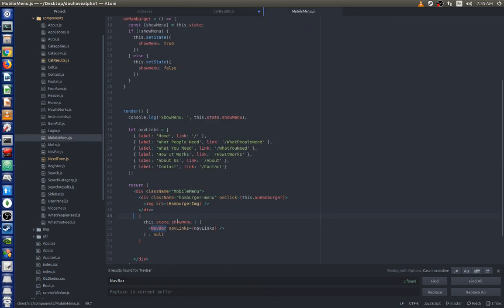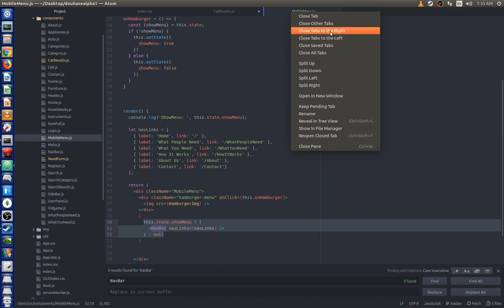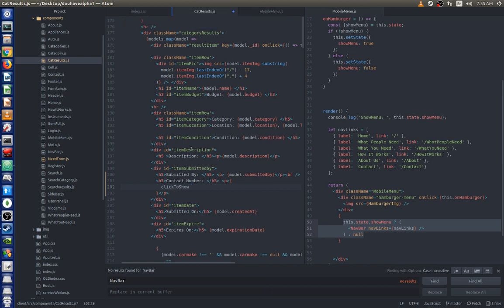Let me see. Oh yeah, this dot state dot show menu. Whoops. Here, let me split to the right. There we go. That makes things easier. So this dot state dot